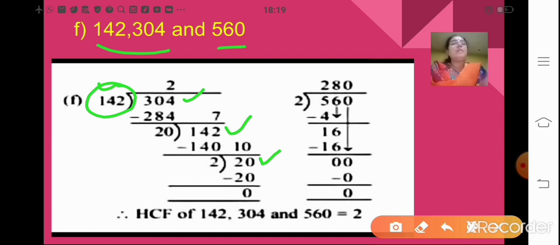Now let us take the third number, that is 560, and divide it by the number 2. So when I divide, 2 twos are 4, 1, 6 you bring it down, okay, and then 2 eights is 16, and then 0 if you bring it down, it is not divisible, so you can directly write the number 0. So this last number you can easily divide, no need to take any divisor, directly you can divide it. Now the last number by which you are dividing becomes your HCF, that is the number 2.